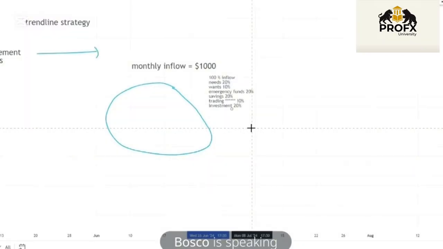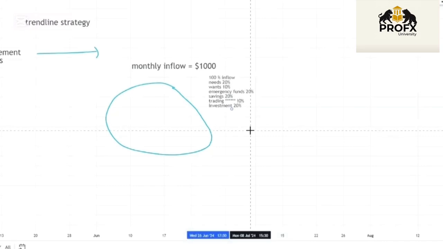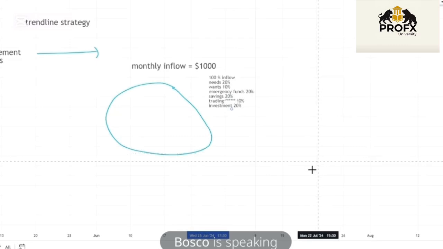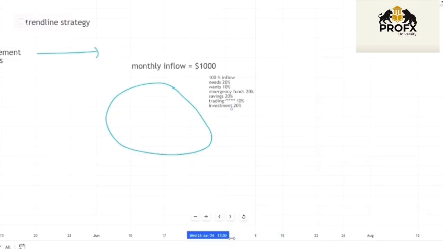So when it comes to risk management, we need to understand money management. I've already done that. The second one is that rule number one states: trade with amounts you can afford to lose. If you cannot afford to lose this 10% but you can afford to lose 5%, you can bring this down to 5%. So any money you are putting in Forex, any money you are putting in trading, you must be willing to lose. Even if you lose the money, no problem. So always trade with amounts you can afford to lose.